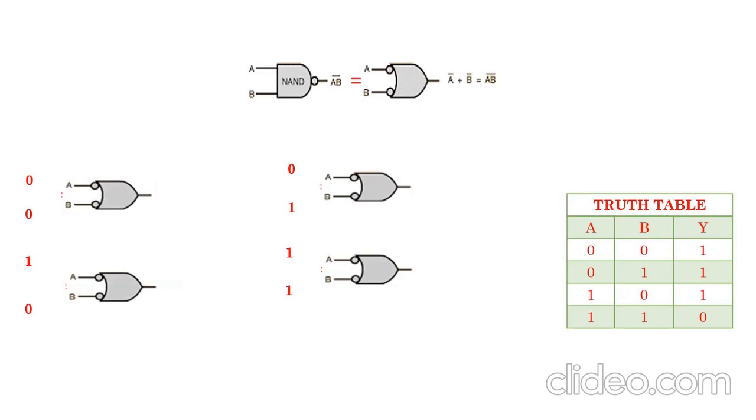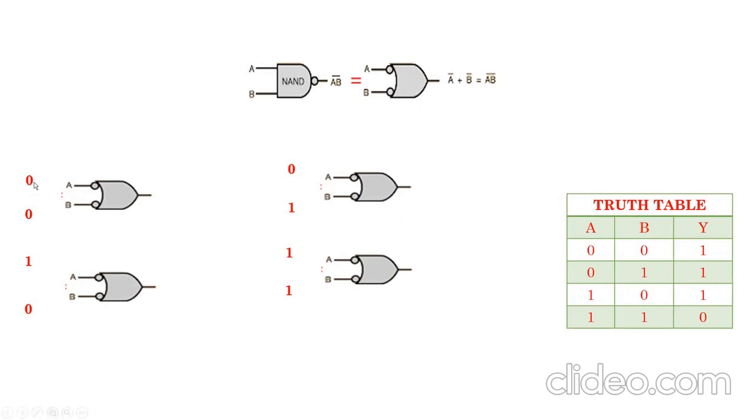This AND gate having a bubble at the output is called your NAND gate. It indicates the output of an AND gate has been inverted in order to provide the functionality of a NAND gate. Similarly, over here, it indicates the inputs have been inverted when applied to an OR gate in order to function as a NAND gate. So wherever I provide a bubble, it indicates that at that point the inversion operation is occurring.